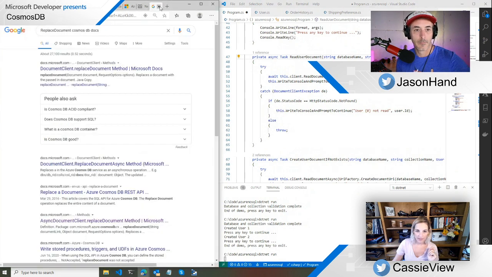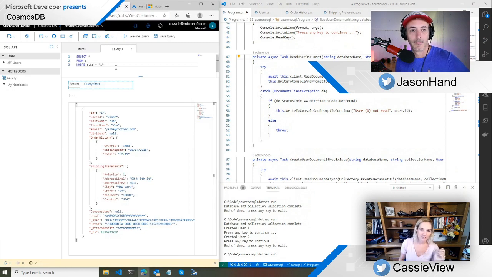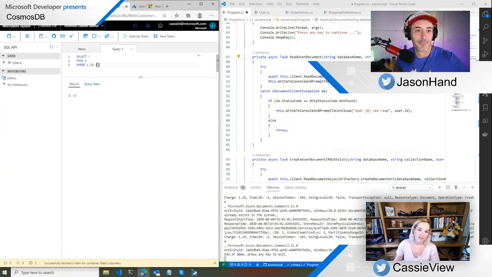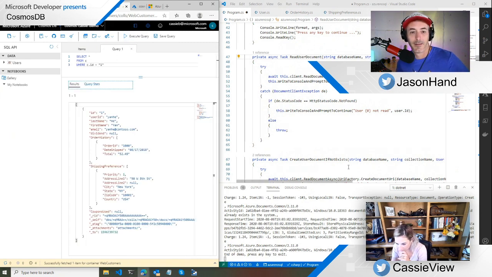So if we go back here too, I was playing with some of the querying. The first time I tried to do this, because it's a string, if you do ID1, you get nothing because it's a string. Uh-oh. Did we break something?